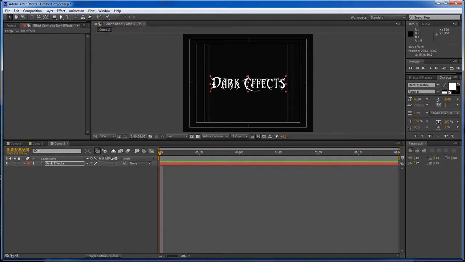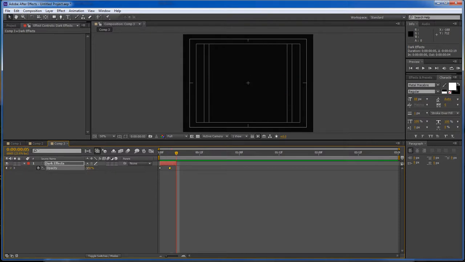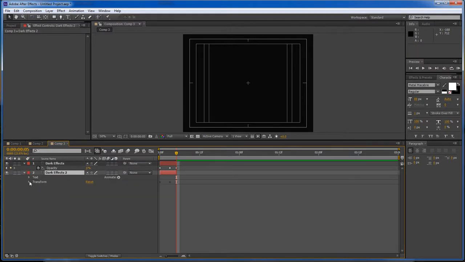text about center. Okay, next thing we want to do is hit T for opacity, and at the beginning we want to hit a keyframe, move this about to so, create another keyframe, and then to the end we want to drop it down to 0. Okay, now for our second one, we want to drop that down below, and shouldn't have put these on y'all to begin with, but anyway, for our second